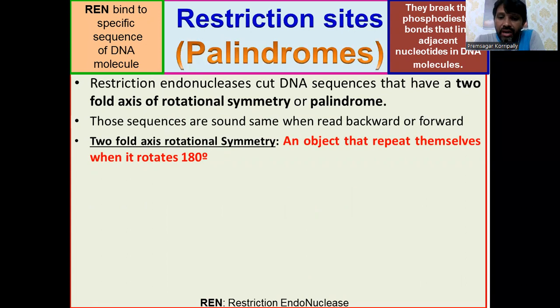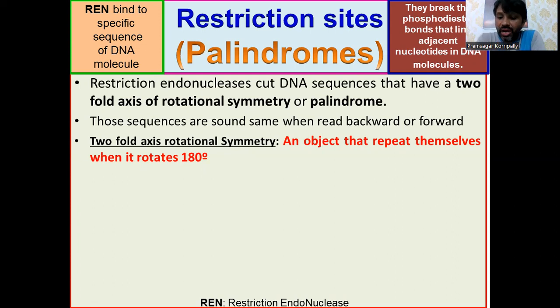You see here, an object that repeats itself when it rotates 180 degrees. Here I'm saying twofold axis rotational symmetry. The restriction sites have twofold axis rotational symmetry, meaning that when the sequence rotates 180 degrees, it resembles its original sequence order,